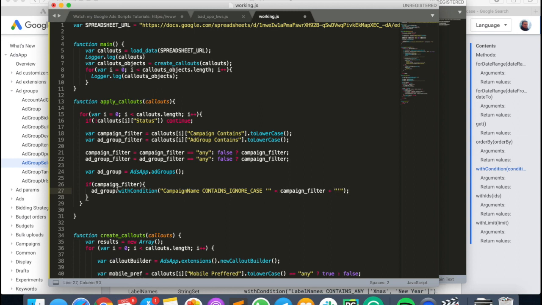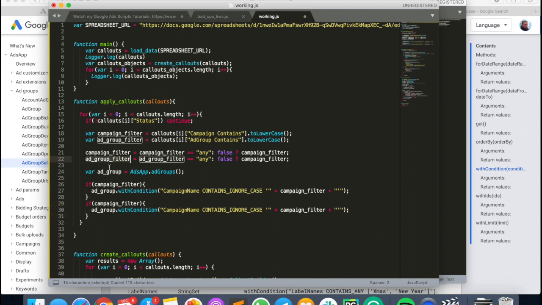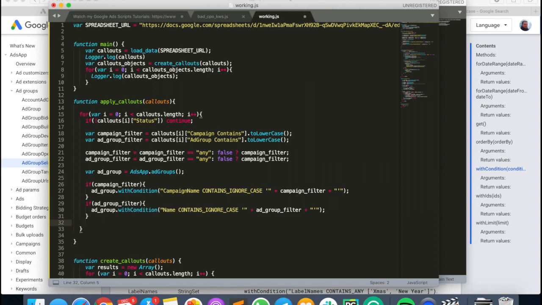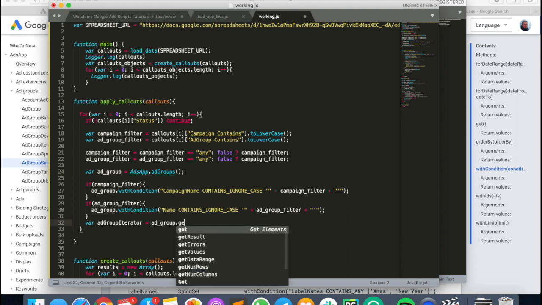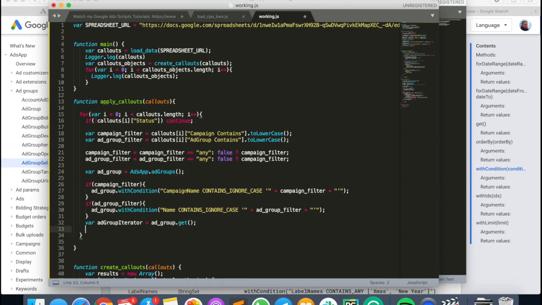So I close it here, copy this, and do the same for add group filter. If add group filter, then add group with condition, just name, contains add group filter. And then I just need to get this stuff. So add group iterator equals add groups.get, and this will give us all add groups inside. So it's very simple. And then while add group iterator has next